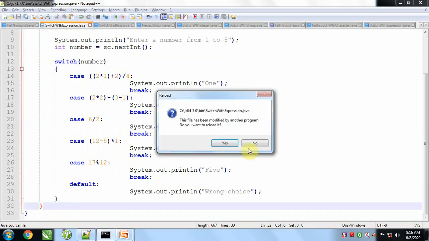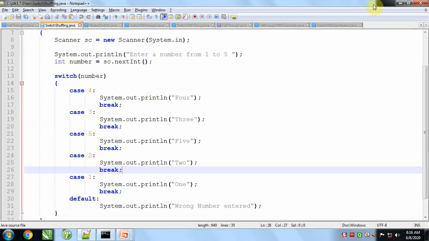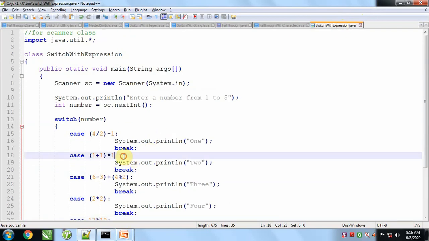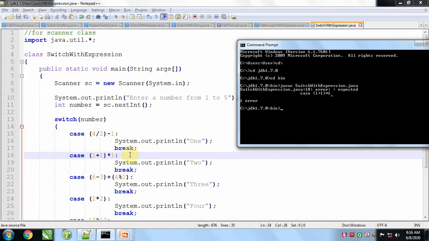Here we forgot to apply a semicolon. Again Ctrl S to save this program, and with the help of the up arrow key we'll bring the previous command to compile again. Compilation is okay. Now run this code.